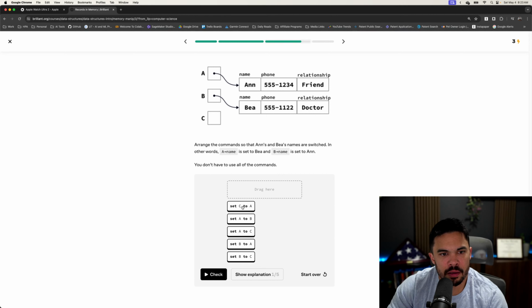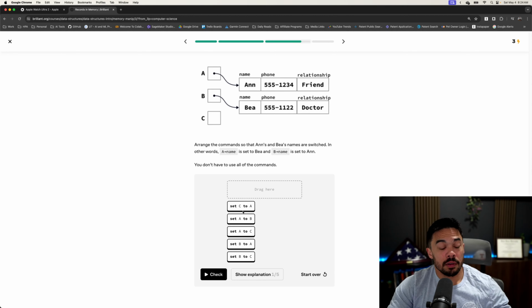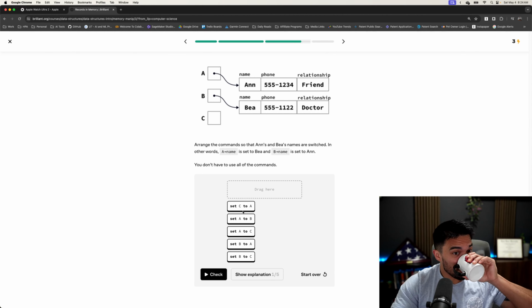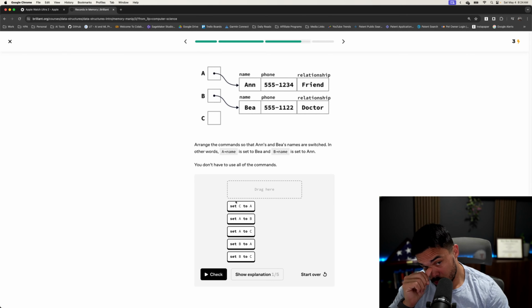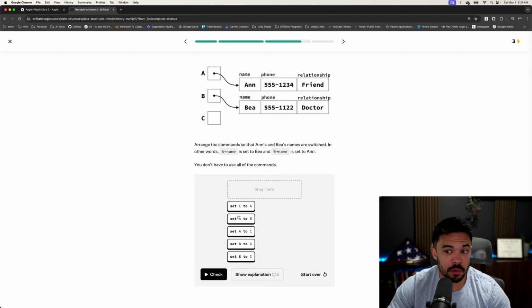Set B to C. Arrange the command so that Anne and B's names are switched. All right, I need coffee. My brain's not prepared for this. I don't get why I don't have a C to B. Well, these are the tools I got. Okay, so